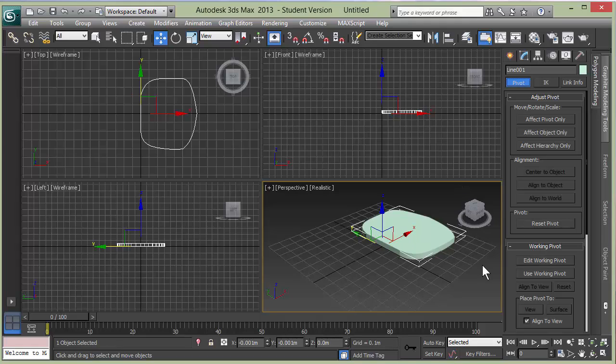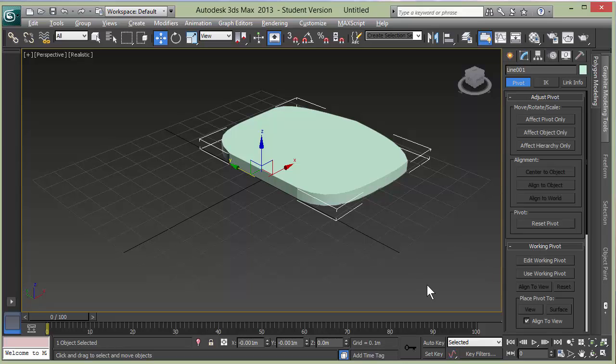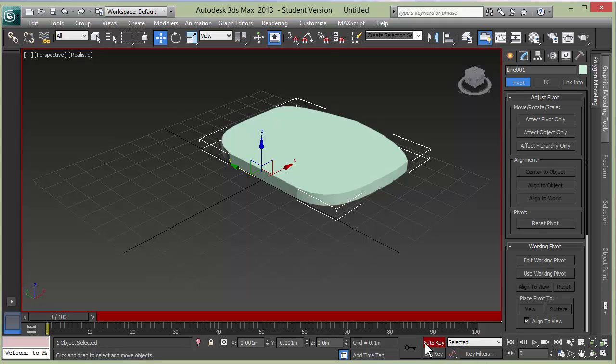Now we're going to animate this. And we're going to make a flapping animation. Here's how you can do a simple animation. If you look down at the bottom of the interface here, this is an animation timeline here. To animate this, we're going to use a few buttons. We're going to click on the auto key to start with, and then we've got the set key. Okay. And we're on the first frame of an animation that doesn't exist yet,